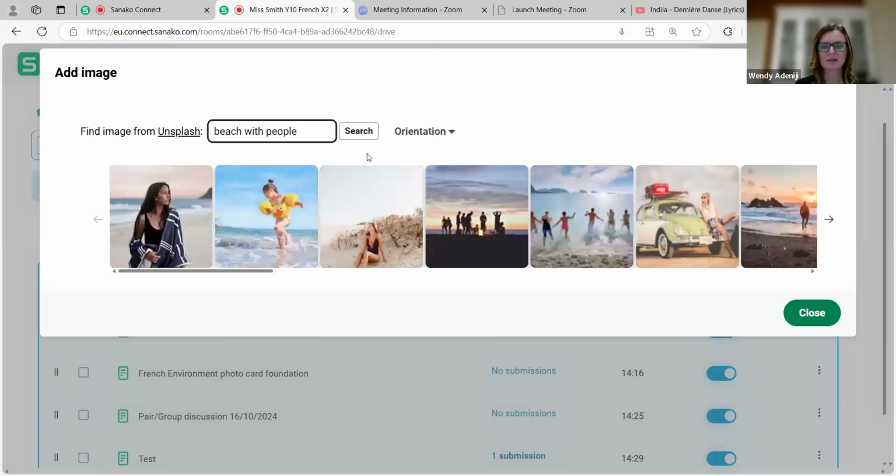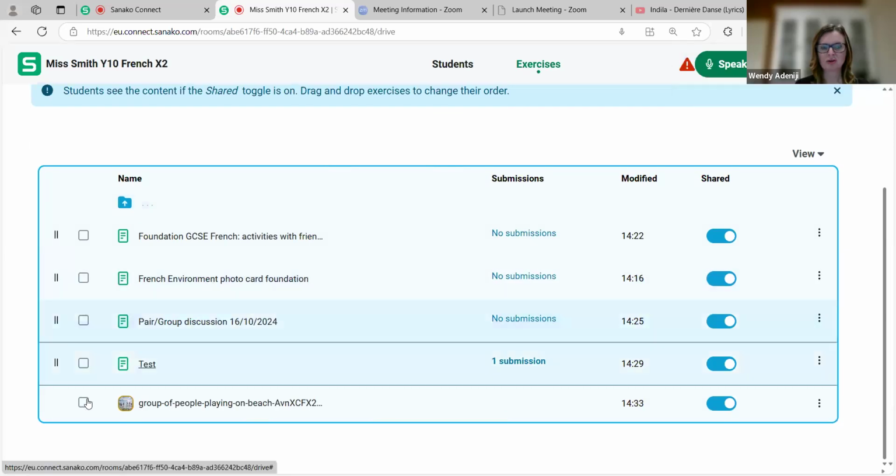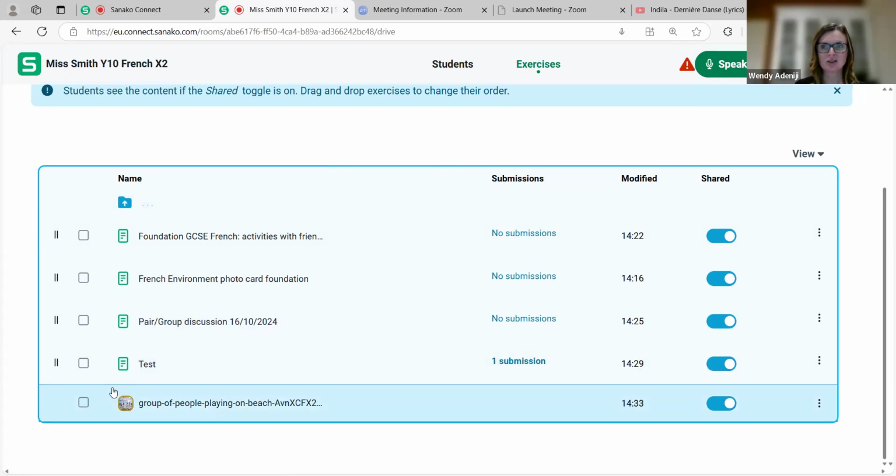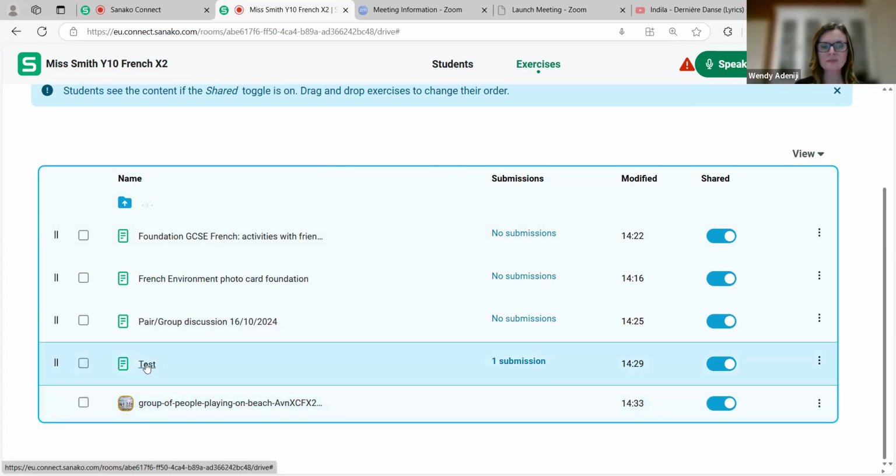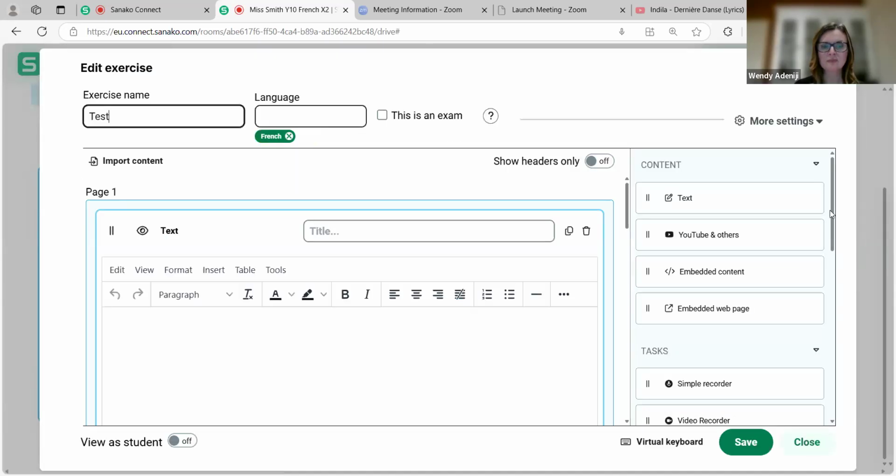what I can find. So you can then click on any of these, and if you click on the plus button, it will then be added to the ability for you to be able to add that into your activities. So if I go down and have a look at this now,